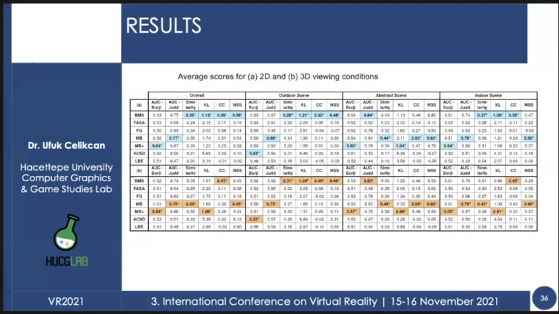The results show that in 2D viewing, the BMS method is seen as leading in most metrics, followed by MBE and MB+ methods. In 3D viewing, however, MB and MB+ methods are shown to produce better prediction scores for the abstract and indoor scenes, as well as in overall averages, while BMS method is the most successful one for the outdoor scene, where the mean depth is the highest.